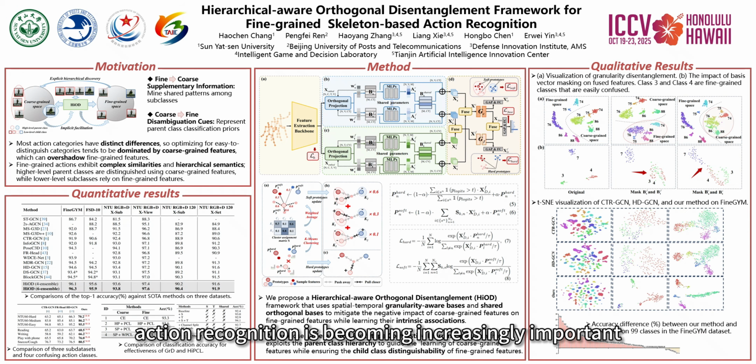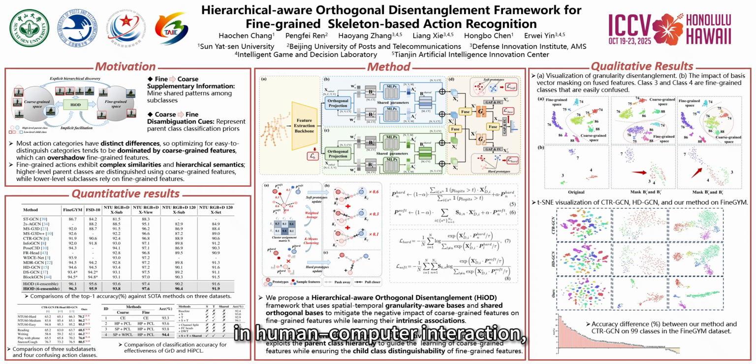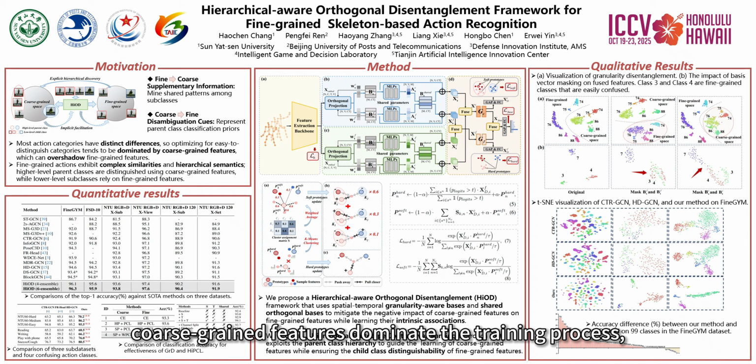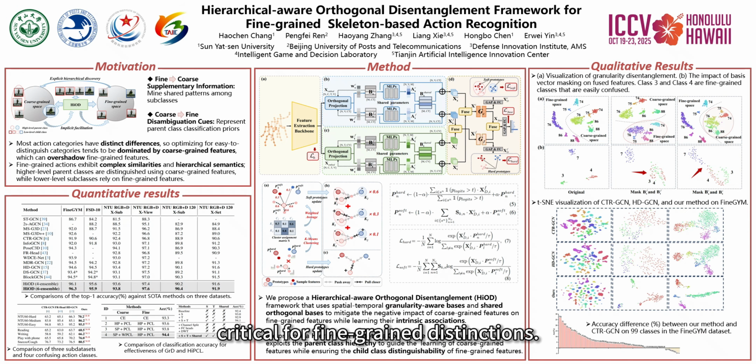Skeleton-based action recognition is becoming increasingly important for applications in human-computer interaction, sports understanding, and smart surveillance. Compared to RGB videos, skeleton data is more robust to changes in lighting and viewpoint. However, existing methods often struggle with fine-grained actions, where motion differences are subtle and interclass variations are small. One key issue is that coarse-grained features dominate the training process, making the network overlook subtle details critical for fine-grained